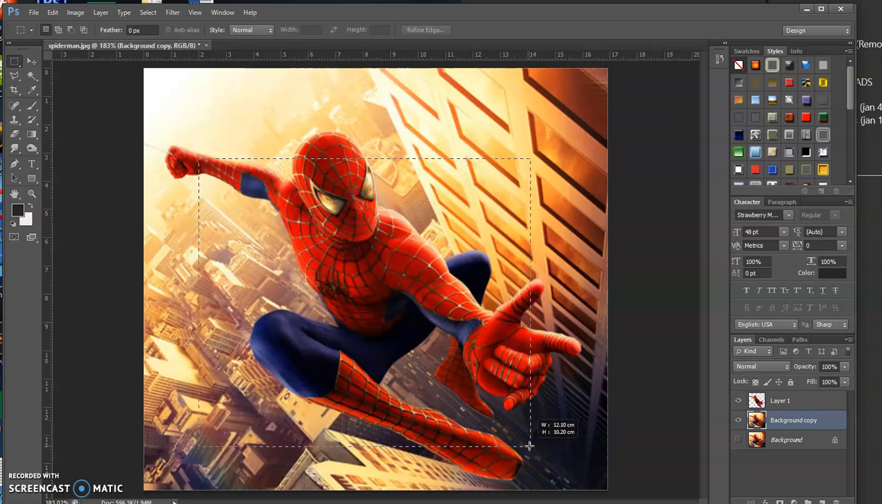Okay, so since I want my pop out to show the hands, two hands and fingers, and then the head and also the feet, I will create a box where the areas that I want to pop out appear from the photo. There. And then all I have to do is, since I'm clicking the background copy,